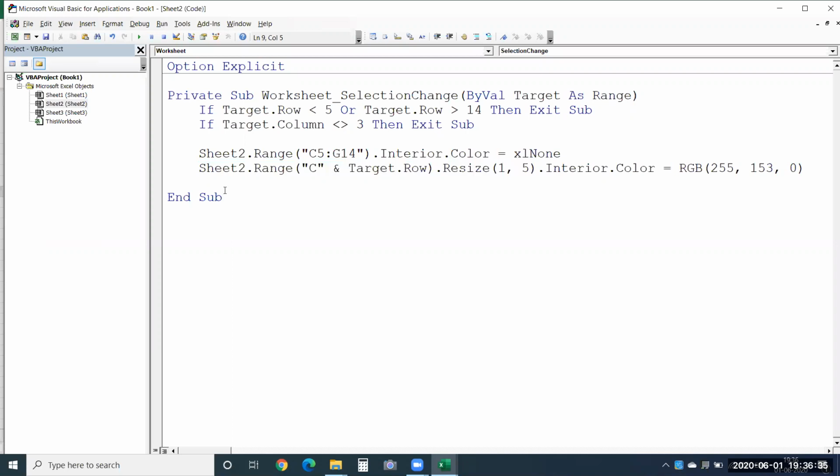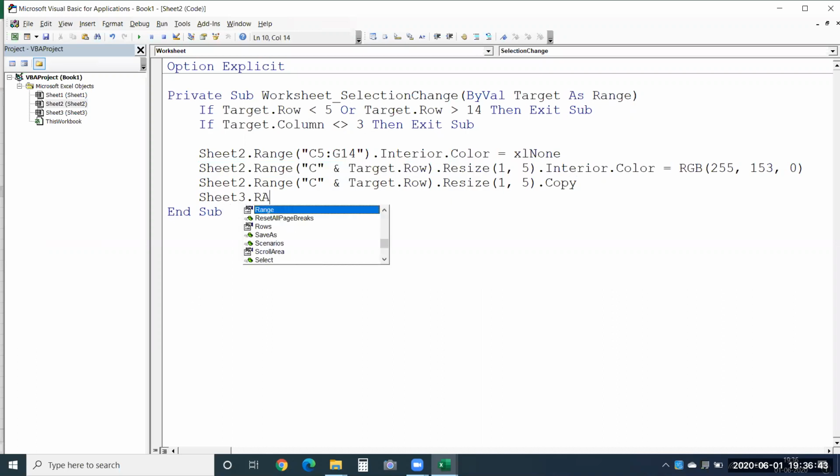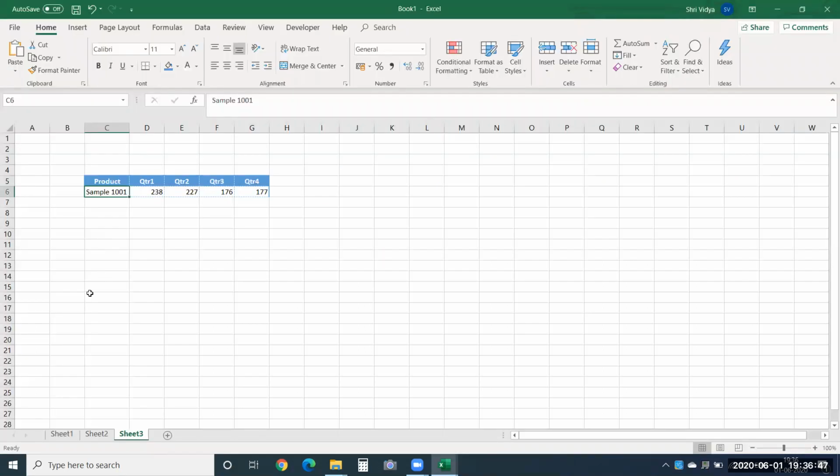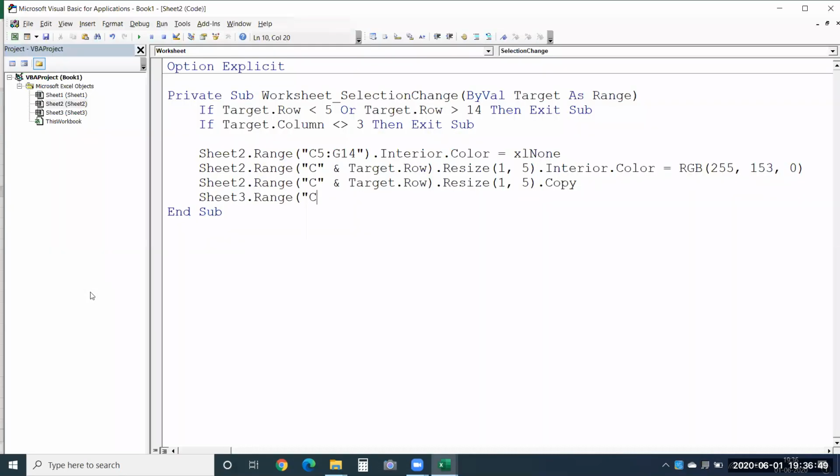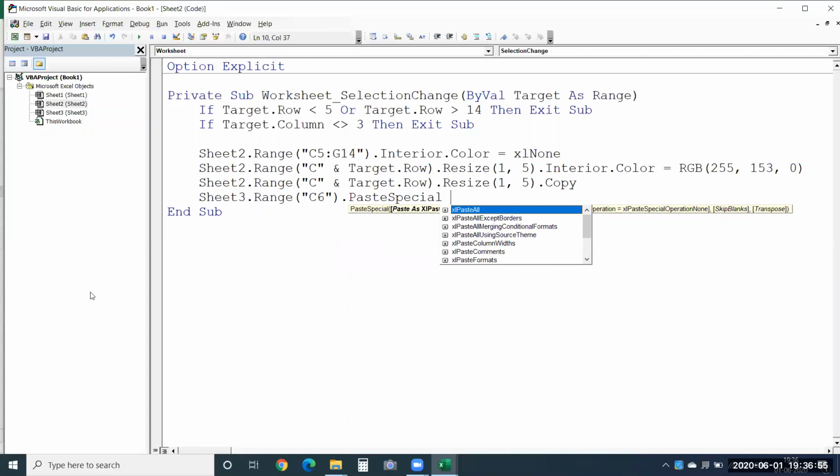Now that should be copied and pasted in the next sheet. Sheet 3, range of C6, I guess. Yes. C6 dot paste special. I'll choose pasting as values here.